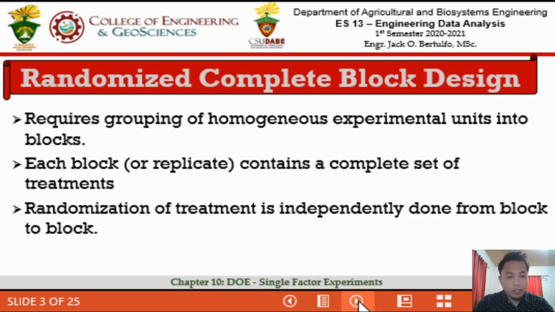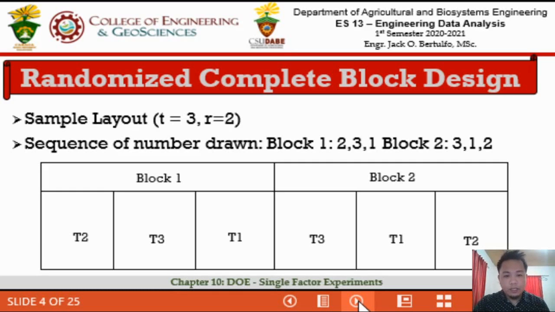Each block or replicate contains a complete set of treatments. Randomization of treatment is done independently from block to block. So, for example, if you have treatments 1 to 3, then every block, let's say block 1, has treatments 1 to 3, block 2 has treatments 1 to 3, and block 4, and so on. So, this is how we illustrate the blocking for